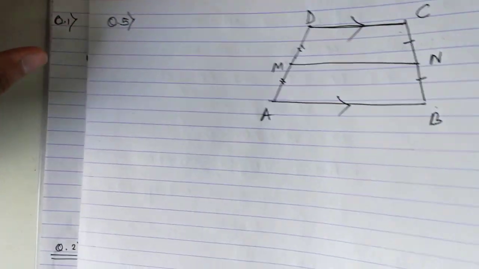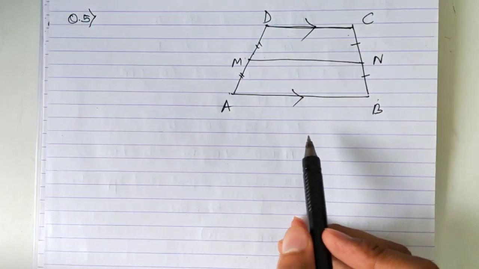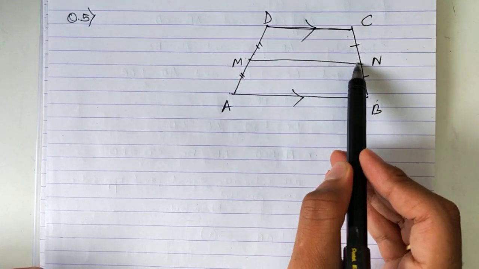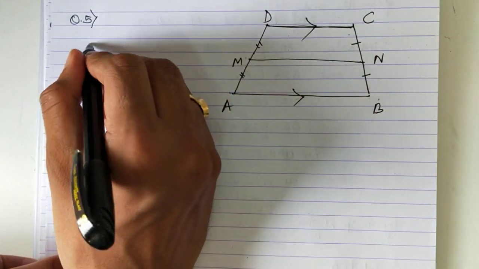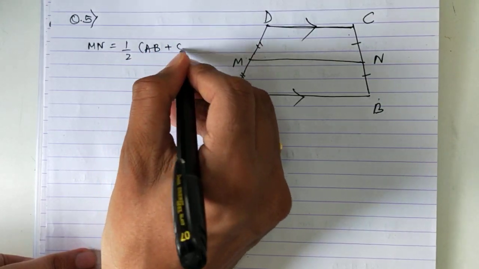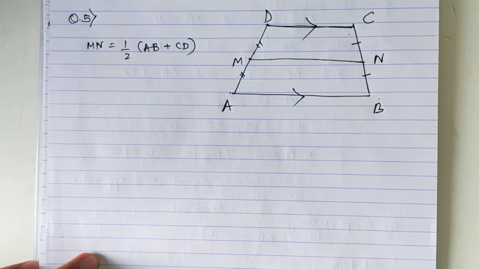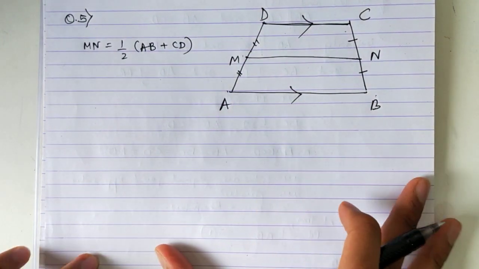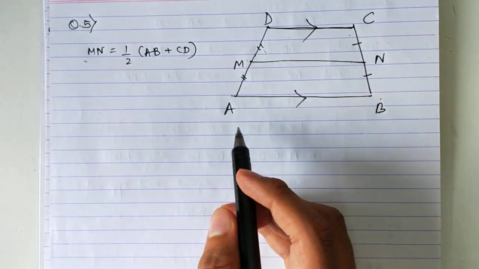Always remember this. Okay, so they purposely gave the fourth sum so that you prove the formula, and now you use the formula in the fifth sum. Okay, so here MN is half of AB plus CD. So I'll directly write MN is half of AB plus CD. The same derivation which we did in the fourth sum is also there in the solved example. Okay, so remember this, whenever you have this type of diagram, you write this formula.